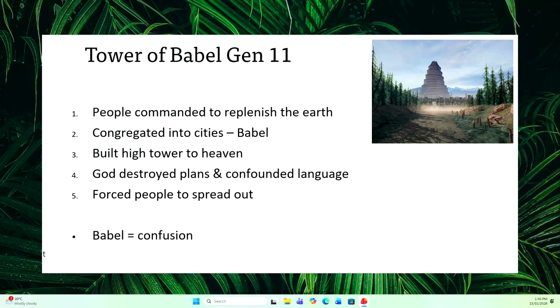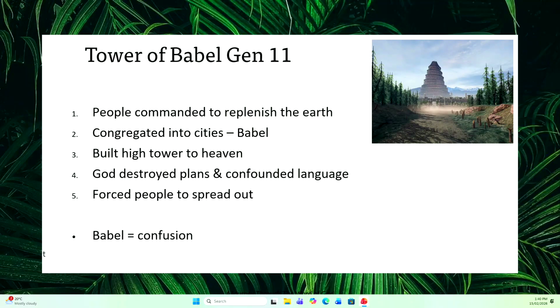So they congregate into a city, and they decide to build a great big building up into the air. We don't need to spread out, we're going to make a big city, we can all stay all together. Why do you think they've built a massive, great big building that goes up towards the heavens? Have a guess.